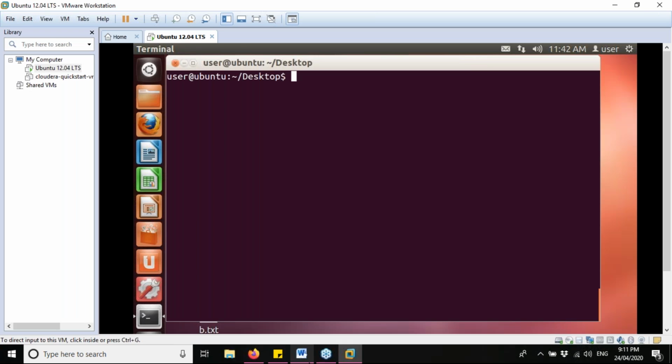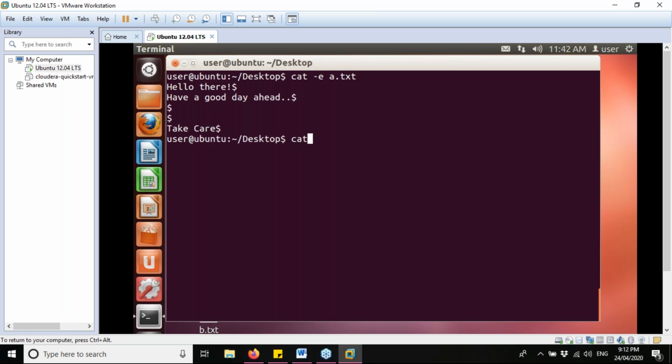So let's do it. Cat space hyphen e, file name, let's give it a.txt, all in small letters, and hit the enter button. Now see, as it was said, the blank lines and the endings, they have this dollar sign.